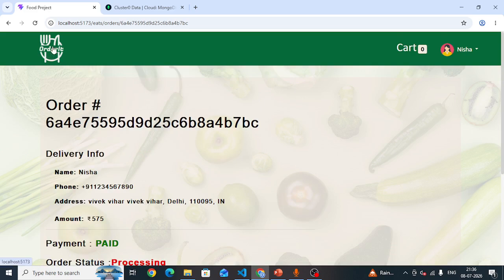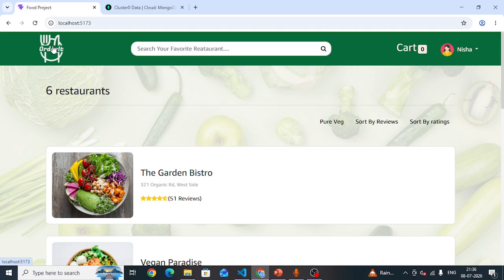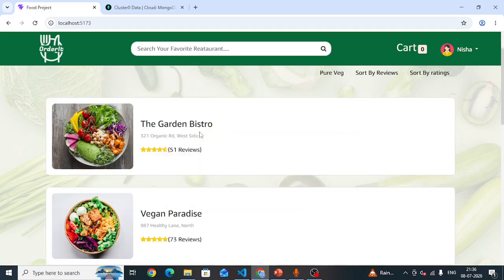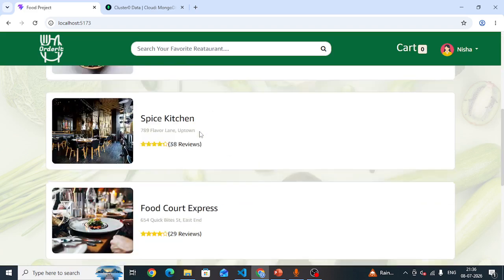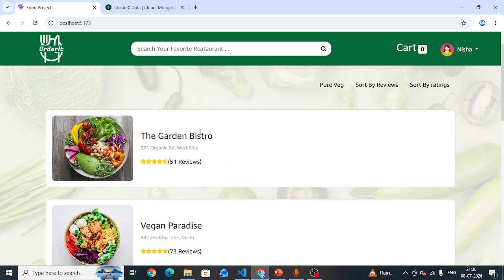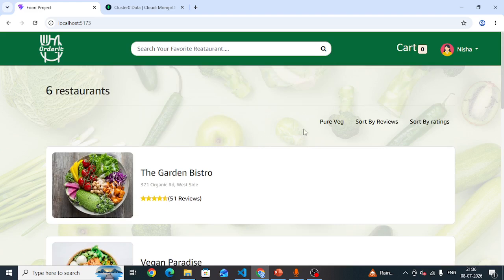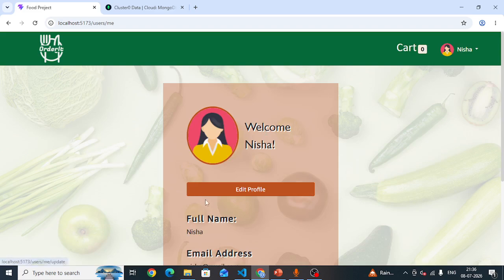Now I will click on this icon. This is the profile section.